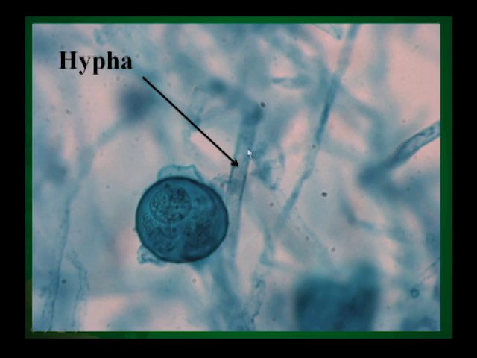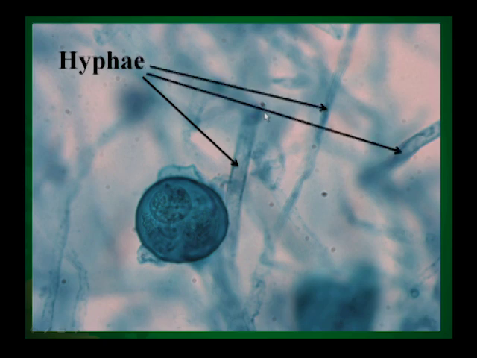We use some of the same terminology that we use when we talk about the fungi. They grow in filaments, so the cells will grow in continuous filaments. And we refer to these filaments as a hypha. Hypha would be singular, plural would be hyphae. We just add an E to the word for the plural. Then we refer to the entire mass of hyphae as the mycelium. So when we're looking at a fungus, we describe that as a mycelium, and the mycelium is composed of individual filaments, which are called hyphae.